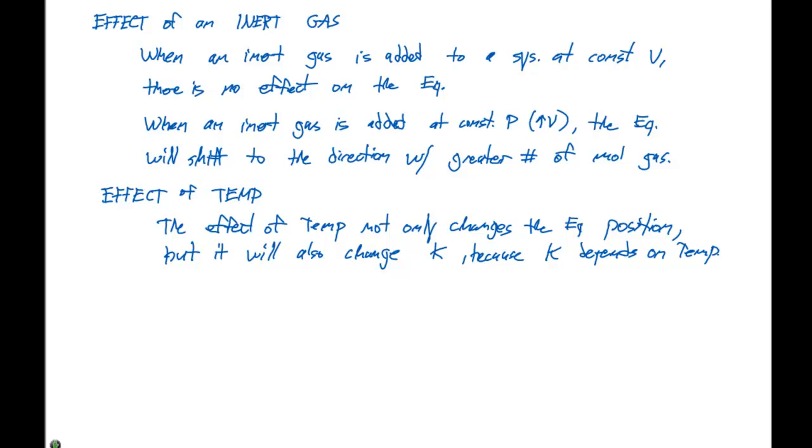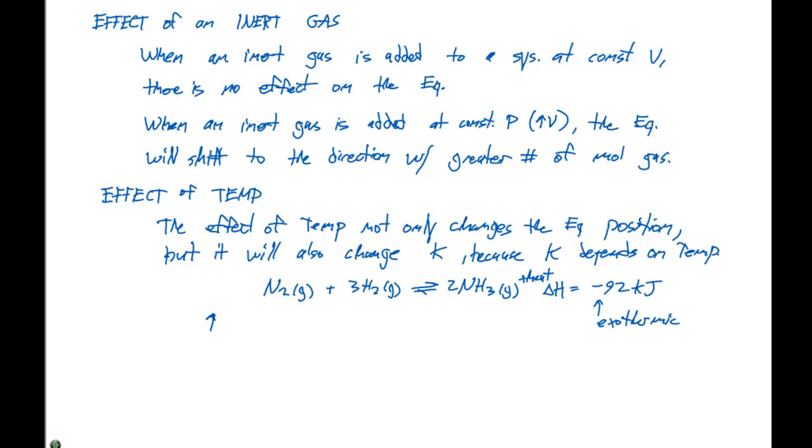So one of the things we have to look at in our particular equations is if we have nitrogen plus 3 hydrogen gas in equilibrium with 2 NH3 gas, we have to consider the thermodynamics of this equation. Our delta H here is negative 92 kilojoules. If it's negative, we're going to have an exothermic reaction, and that means that heat should be listed as a product. Therefore, if we increase the temperature,